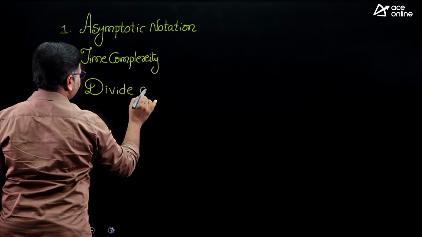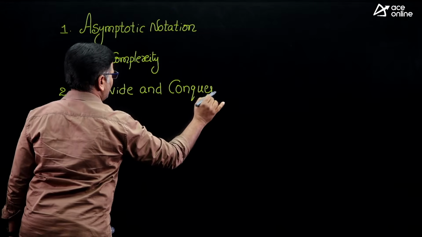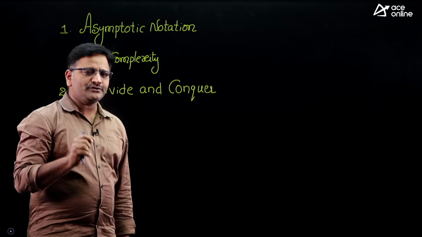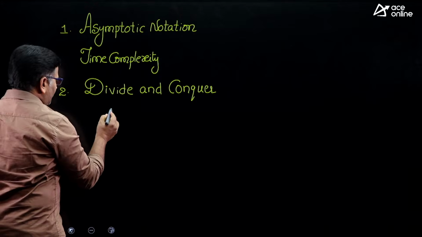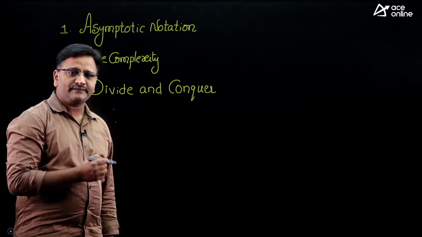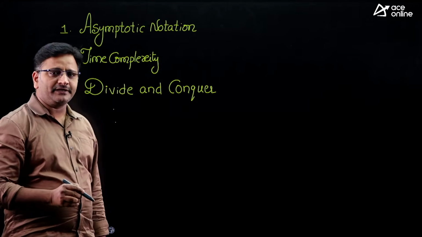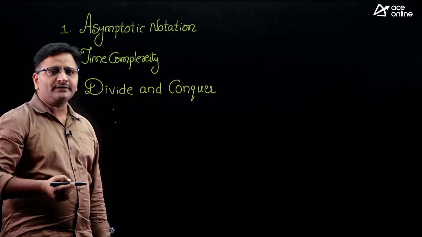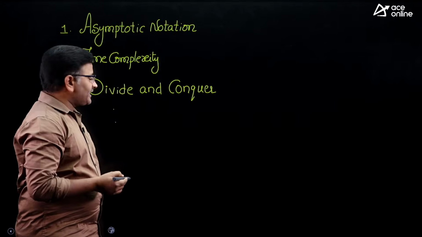Divide and conquer. Under divide and conquer we need to focus on the master theorem the most, because by using the master theorem we usually solve many questions. Okay, so one part is the master theorem and the second part is sorting algorithms. With respect to sorting algorithms, you need to focus on quicksort and merge sort, friends. Okay, and apart from quicksort and merge sort, you should also focus on finding the max and min of an array of n elements. Okay, and also just memorize the recurrence equation of